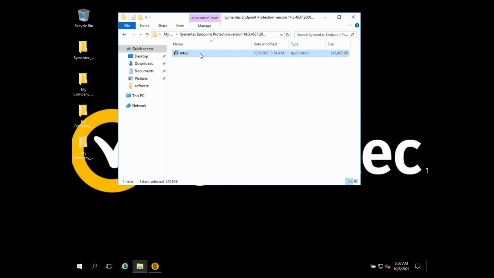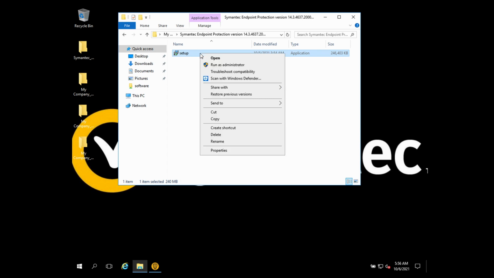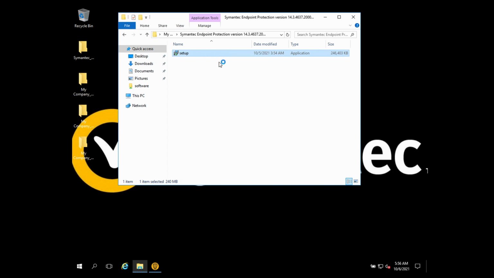You just double click, or right click and run as admin, with administrator privilege. The client package started installing now.